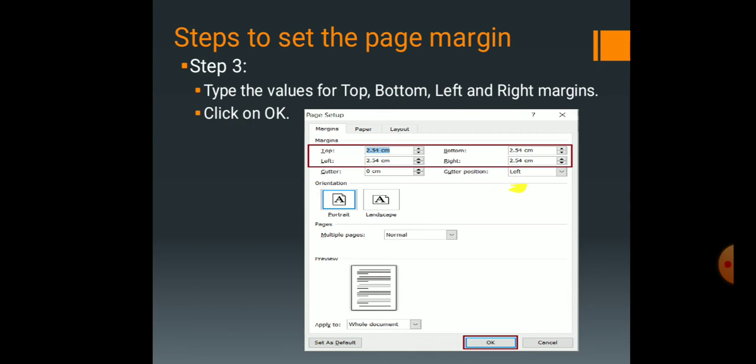After typing all these things, click on the OK button at the bottom. So this is how we are going to set the page margin. We can give either by predefined margin setup or we can give our own margin by going to the custom margin option.